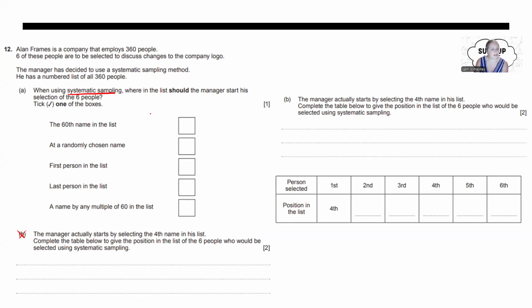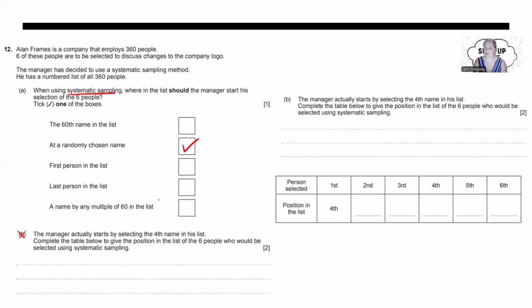Systematic sampling, so it's asking where in the list the manager should start. The 60th name on the list is not correct. A randomly chosen name is correct. The first person on the list, the last person on the list, and a name that's a multiple of 60 on the list, no. So just so you've got a background of it,